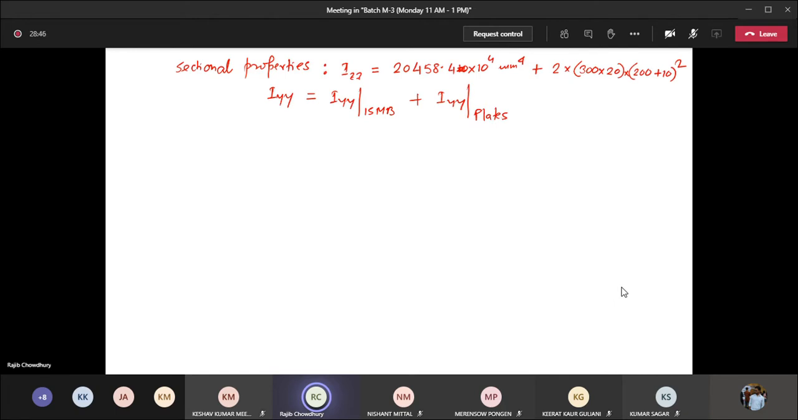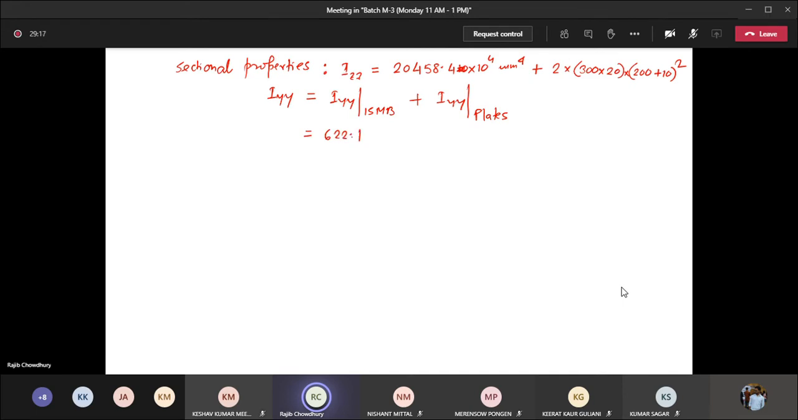I believe now you can understand why I have considered the IZZ. Even though it need not be considered, I can take it into account or otherwise I can neglect it. It will give you a little addition over there. But for the IYY calculation, I am considering both the ISMB and both the plates itself. Okay. So if it is like that, then